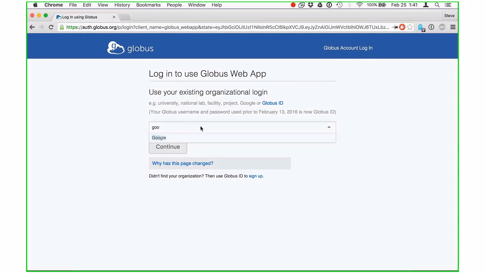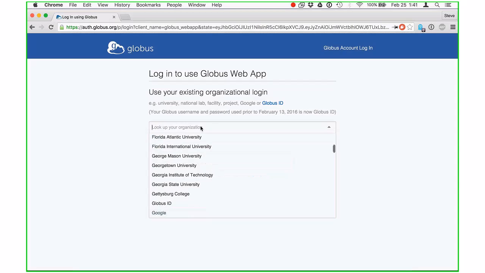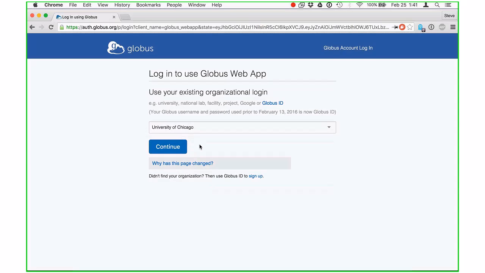And importantly also Google, right? So you can use your Google identities with Globus. Now, if you had a Globus username and password previously, we've renamed that to be Globus ID, right? So we still have the usernames and passwords out there for transition purposes. If you need an identity, and you don't have any for the others that work, great, you can use Globus ID. But it's now just one identity provider amongst many. Nothing special about it. So let's go back to the Chicago one and log in to Globus